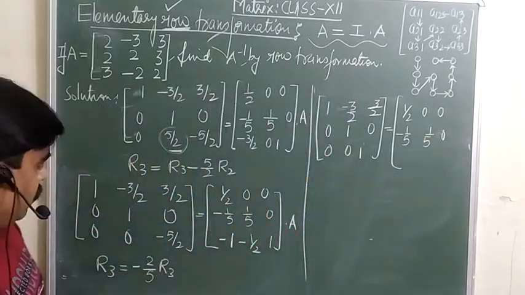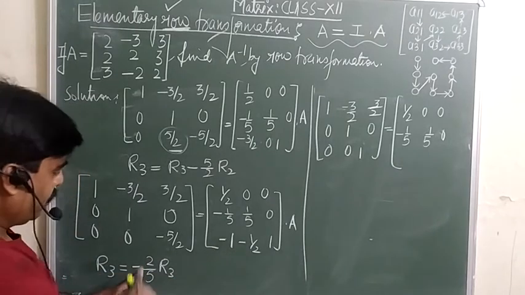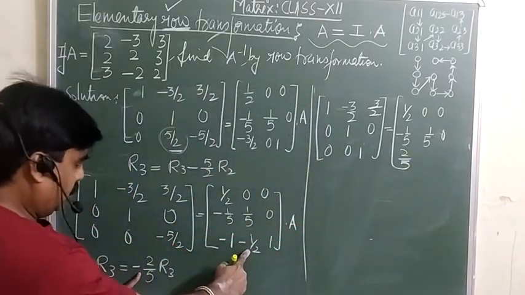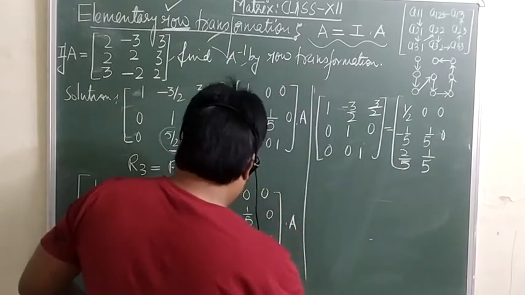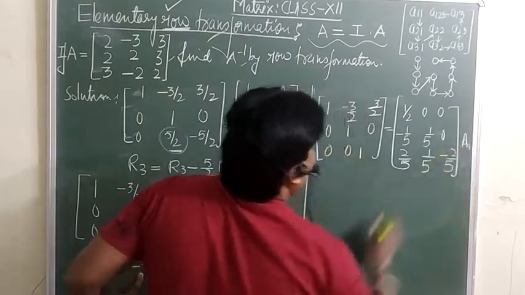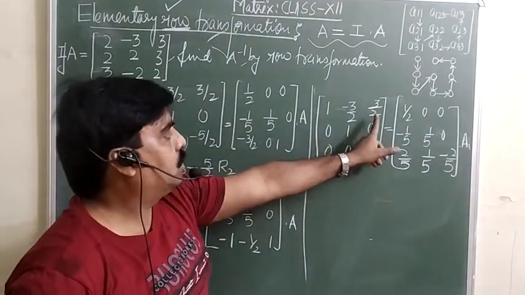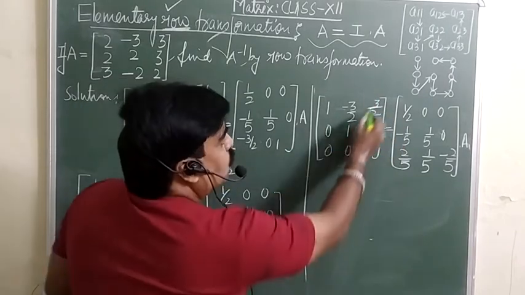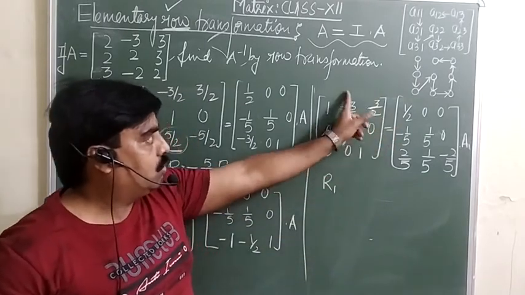Here what we are doing, we are multiplying this third row by minus 2 over 5. So minus 2 over 5 you will multiply, so this will be plus 2 over 5. This is multiplied by, so this is plus 1 by 5, and this is minus 2 by 5 into A. So now this is already 0. Here we are supposed to make it 0, and here also we want 0.